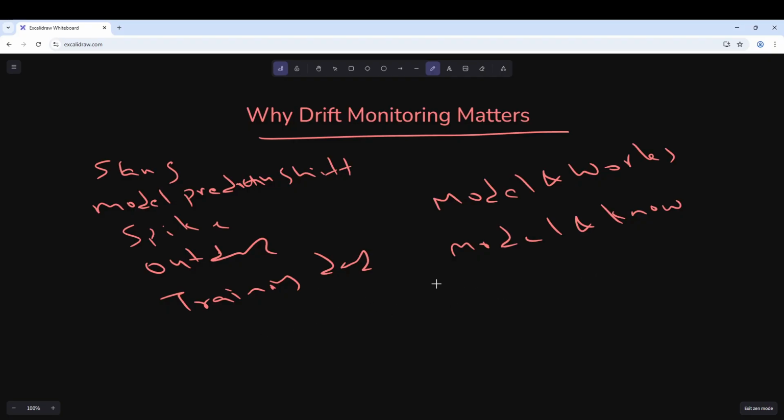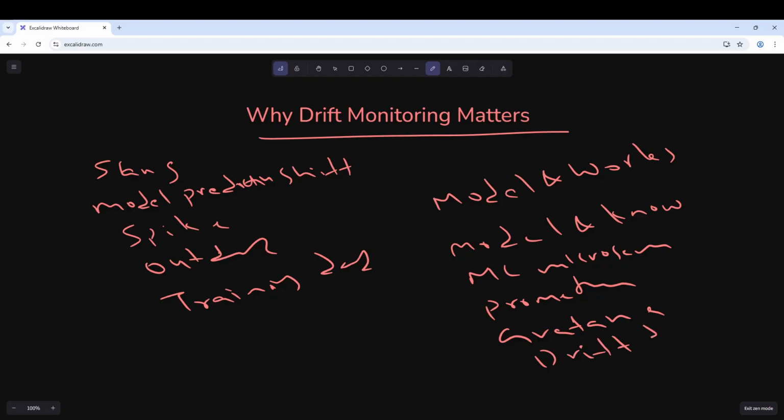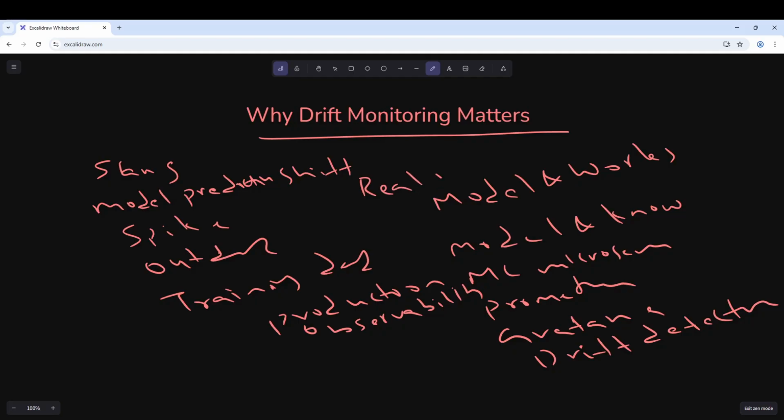Today we built a monitored ML microservice, a Prometheus metrics pipeline, a Grafana dashboard, a drift detection system, real world production observability. This is real MLOps, not theory, not a Jupyter notebook,